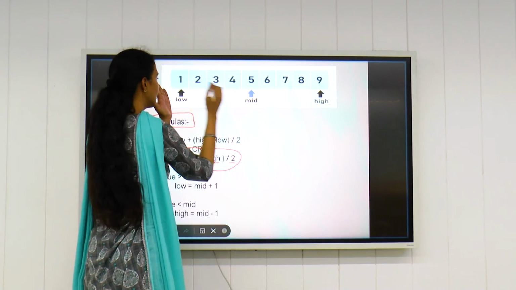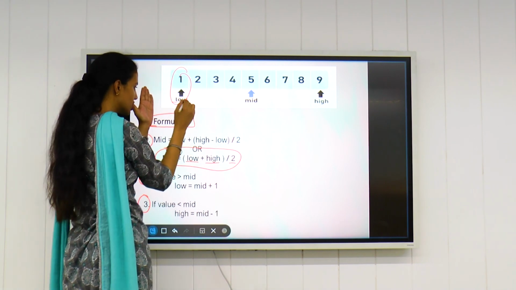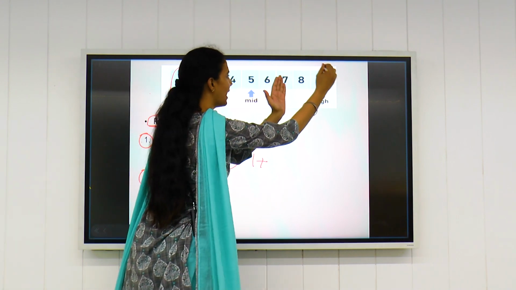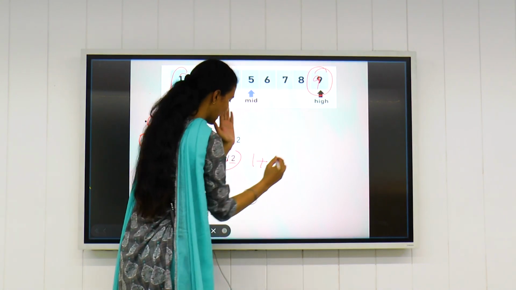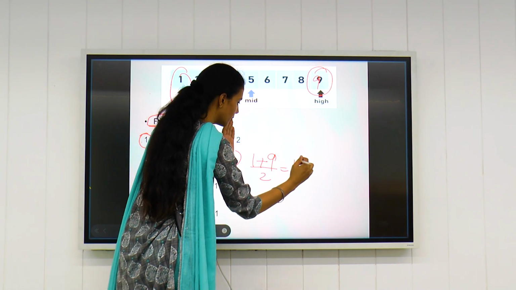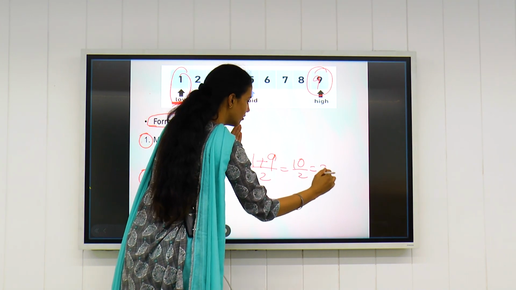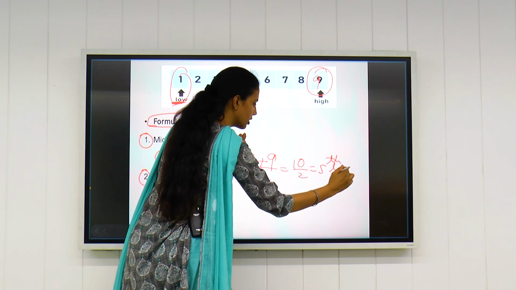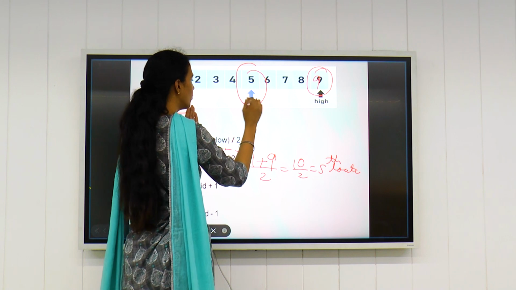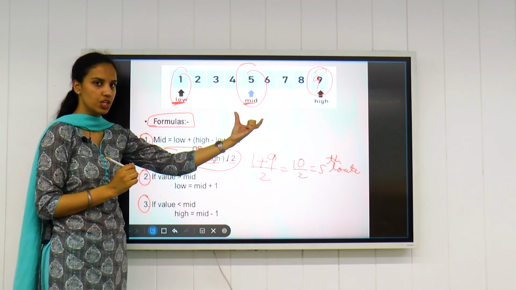Suppose this is an array. Beginning is the first index value, that is 1, plus the last index value, that is 9. So 1 plus 9 divided by 2 comes out to be 10 by 2, that is the 5th location. So the 5th location is our middle value. That is how we find the middle location.